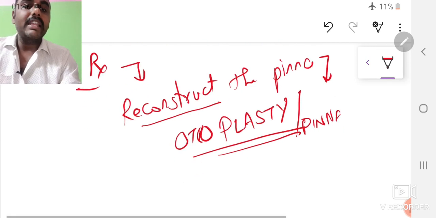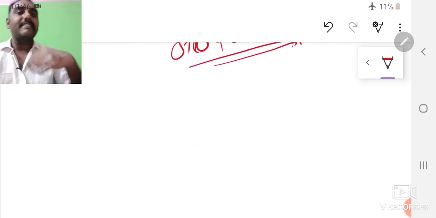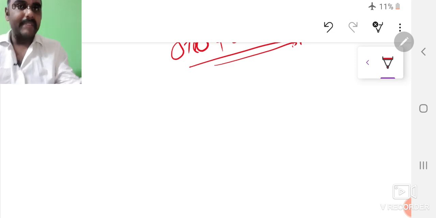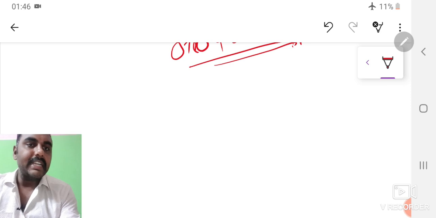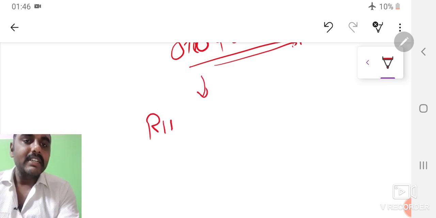So how are we reconstructing the pinna? We are harvesting a cartilage from one area and placing it over the other area, placing it over the ear area. So which cartilage are we harvesting? We are harvesting a rib cartilage,